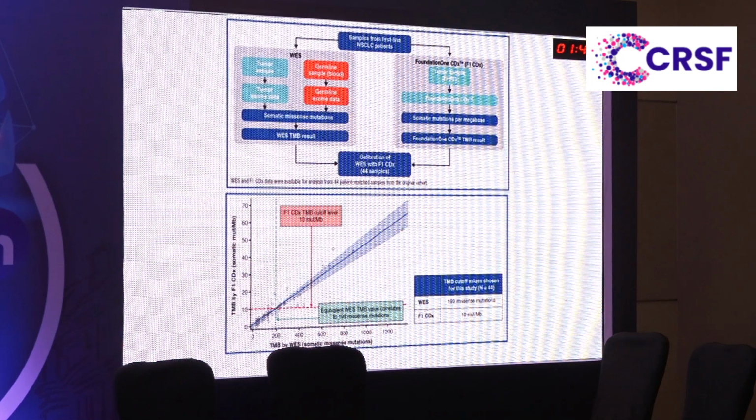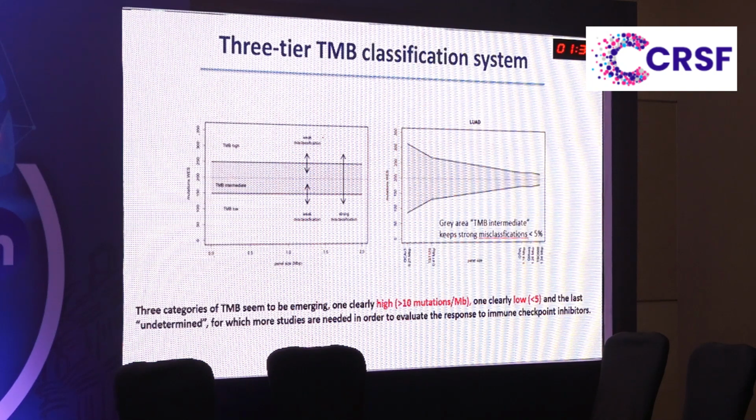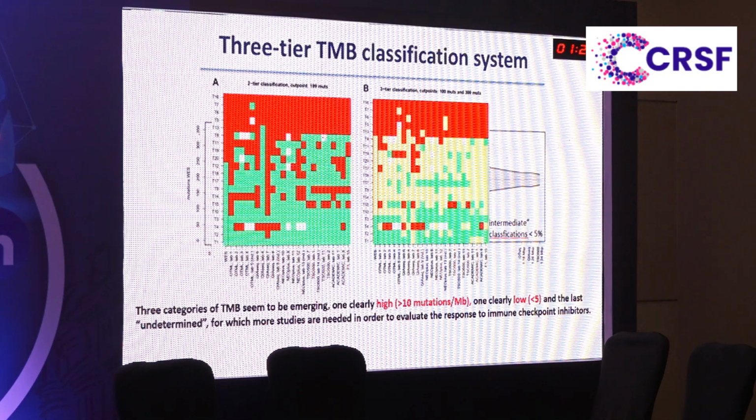Foundation Medicine, which is one of the common platforms used for TMB and other genetic alterations, has kept a cutoff of 10 mutations as a reference. But is 10 mutations sufficient to label as high, or less than 5 as low TMB? That can be a 2-tier system, but some people advocate that a 3-tier system might be a better way